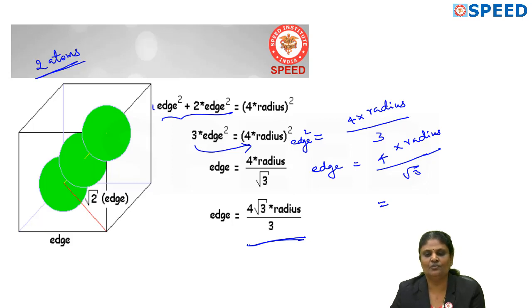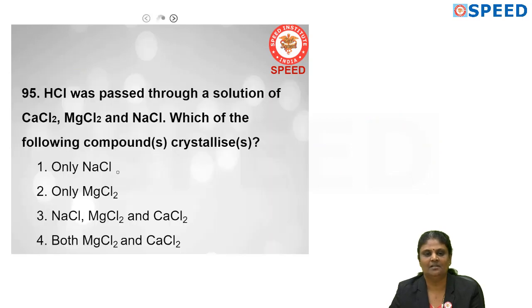Okay, so this 4 root 3 radius divided by 3 is the correct answer. And then 95th question: HCl was passed through a solution of calcium chloride, magnesium chloride and sodium chloride. So this is from S block. Which of the following compounds crystallizes? So this is also again a combined chapter, that is chemical bonding and chemical equilibrium,